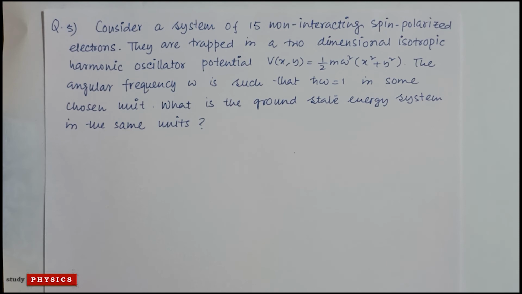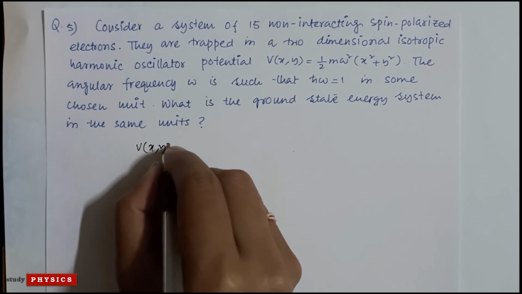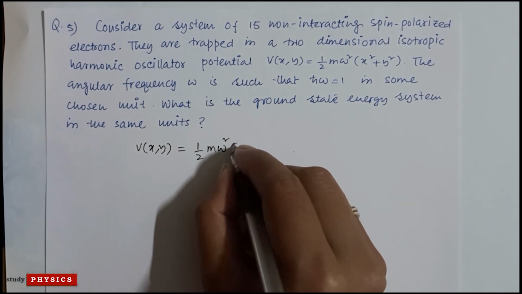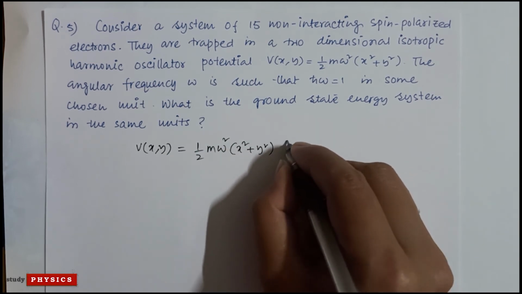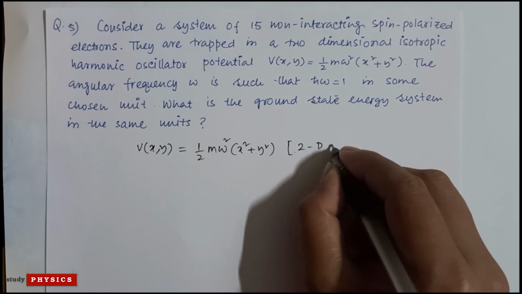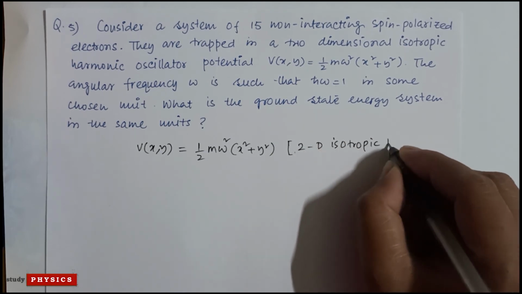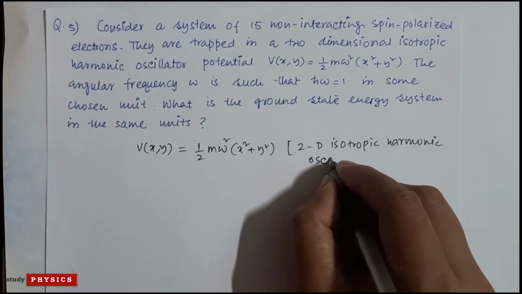What is the ground state energy of the system in the same units? So V(x,y) is half m omega square (x square plus y square). So this is a two-dimensional isotropic harmonic oscillator,